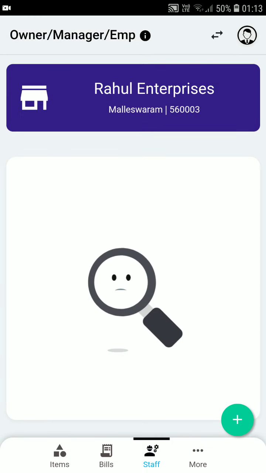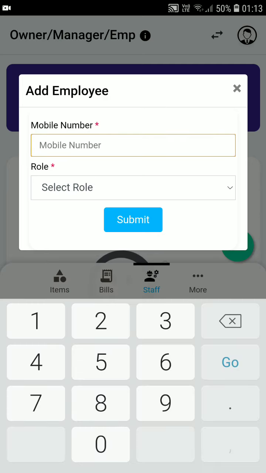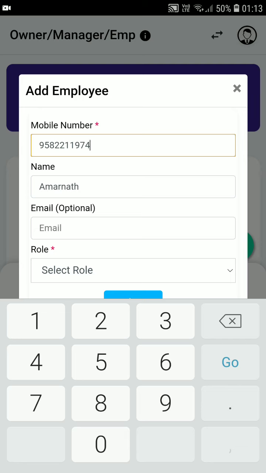Now, for adding any new person, you need to ensure that the user has also installed the Finomics app and has registered with their mobile number. If they have done that, then you can go ahead and add their number to the app.